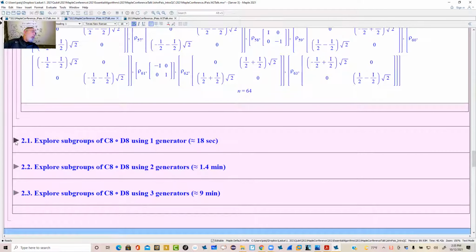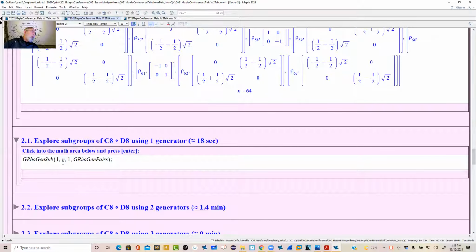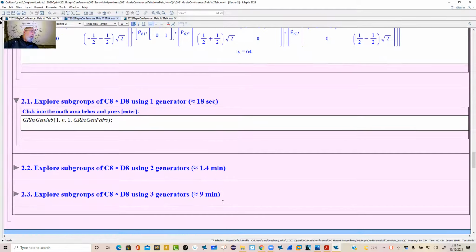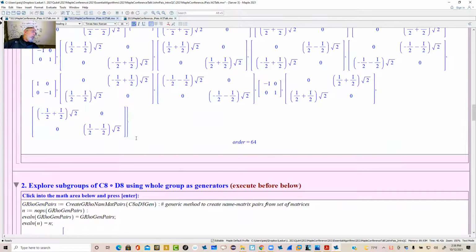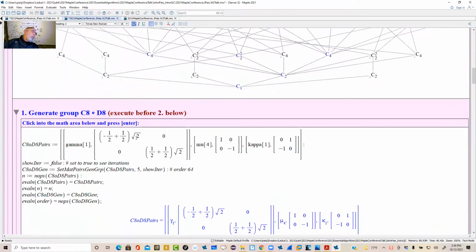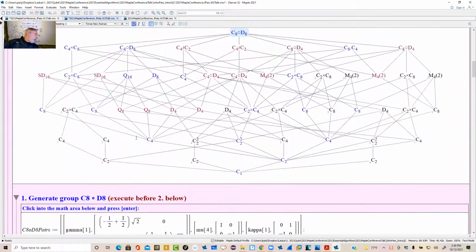And then in order to explore, what I do is I execute these. Then I can look at what's generated by single elements, what's generated by 2 elements, what's generated by 3 elements. And I have the times here for how long this would take for this group. Some of them are longer than others. It's a pretty big group. But I'm just going to see if I have enough time to get there. So let me go ahead and